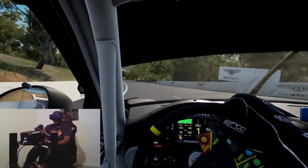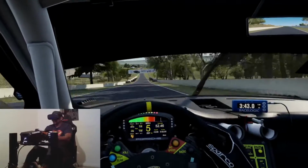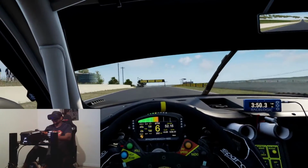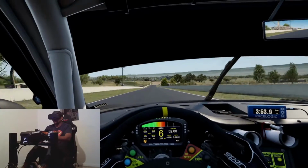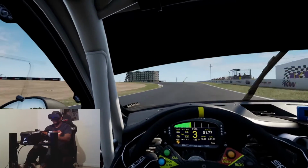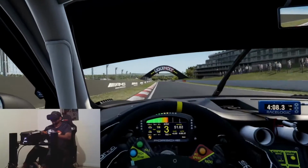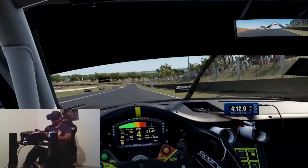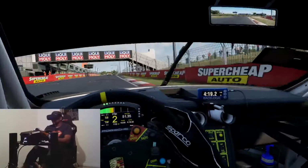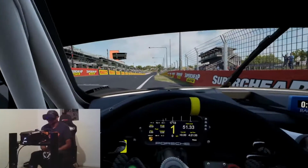Now, I couldn't get Automobilista 2 calibrated. But I'm sure the force feedback is going to be way too much in Automobilista 2. Because the force feedback was so strong in Automobilista 2 with my CSL Elite, I actually had to turn it down, believe it or not. So right now, again, with the settings that I have,